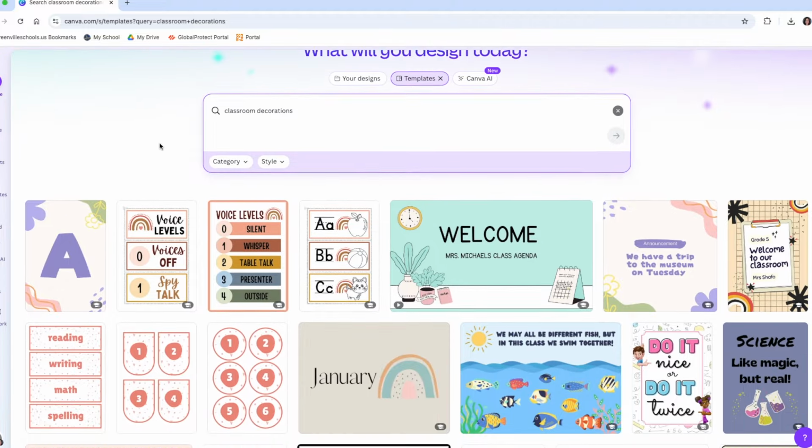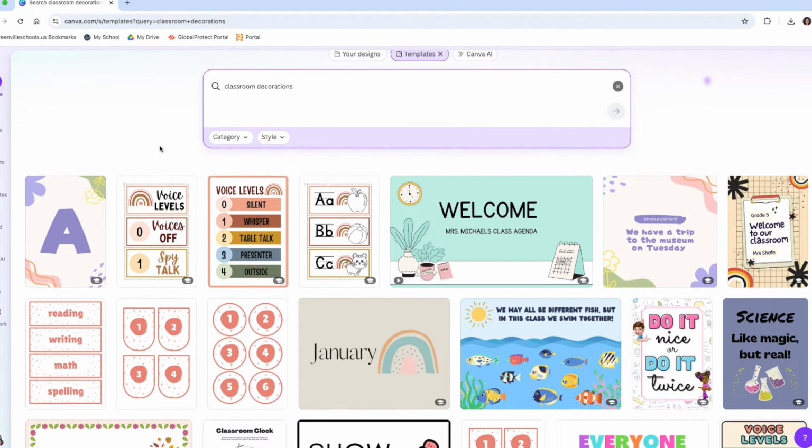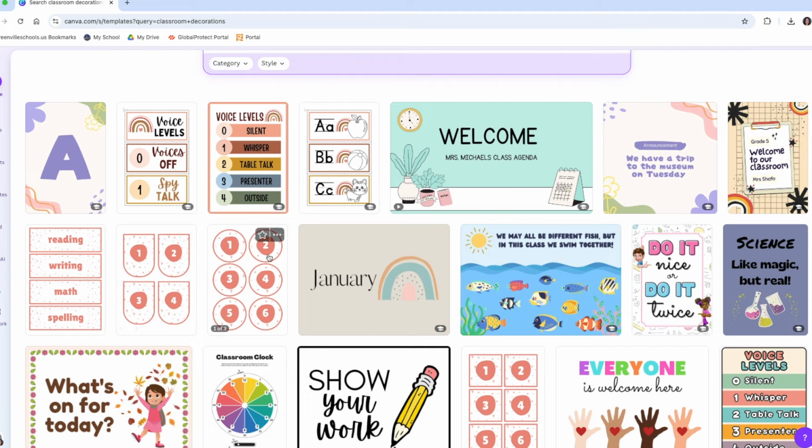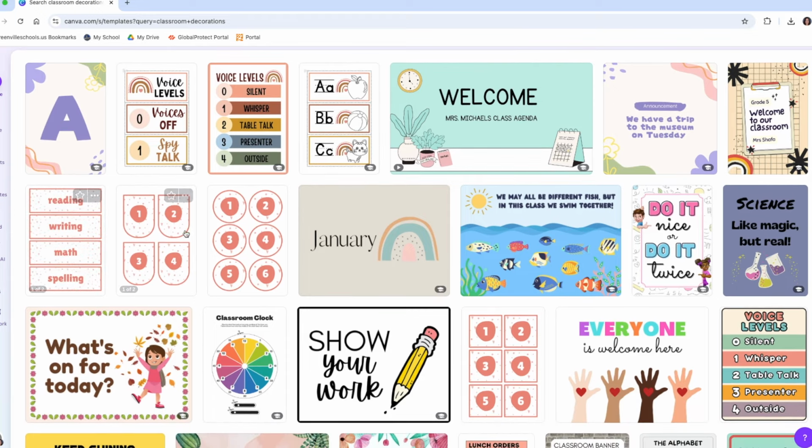And honestly, if you don't feel like you're a super creative person or you don't want to put a whole lot of time and effort into it, use this. I actually would use this even if these are not my colors, because the circles are already there, and that's one less thing I have to try and think about, or the rectangles are already there, because you can change